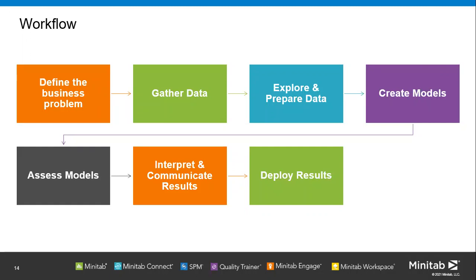Something related to visualization, maybe you can go for the scatter plot to see the relationship between your input variables versus your output variables. For creating the model, I will show after this the available algorithms you are able to see in Minitab. And after you create the model, you can assess the model, or you can compare model A, model B, model C, and so on. During the assessment of the model, the common one we use is R squared. If let's say the R squared is highest, it will be a good